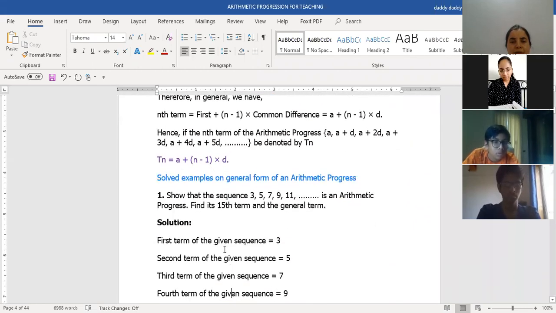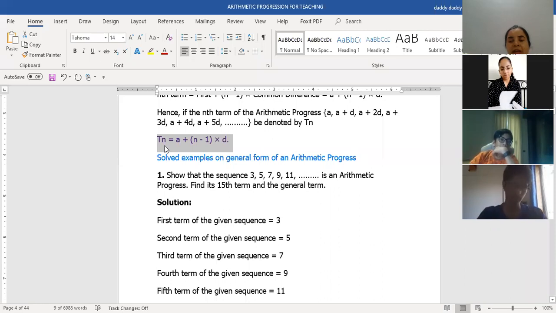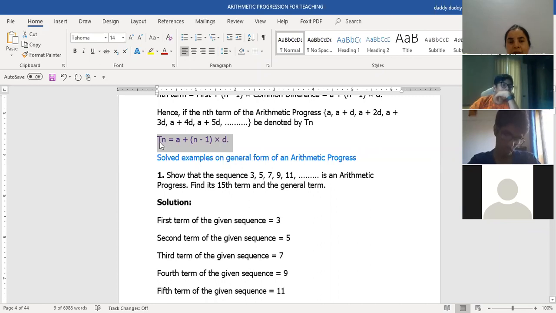So this is what you have written, and in place of Tn, I told you that they can also give you An. So An and Tn are the same thing. An or Tn means the term value of that term which is sitting at that particular position. N is nothing but position, T is the value. So don't think that T and N are getting multiplied. No, Tn is a particular number which is sitting at the nth position. The value of that number is T. So we will now do the questions.